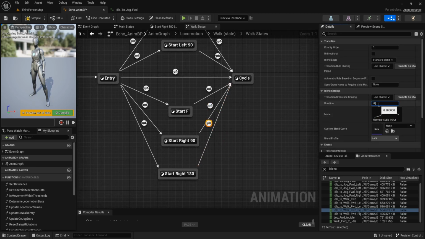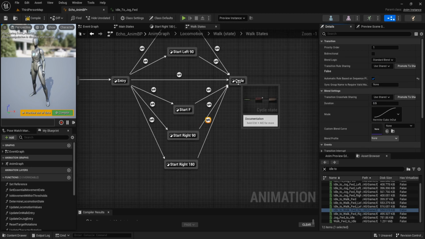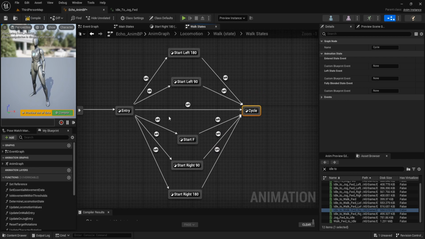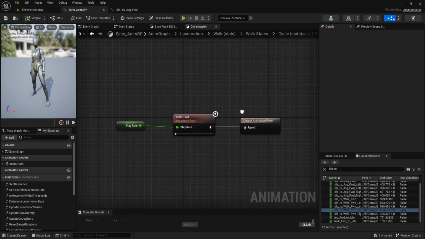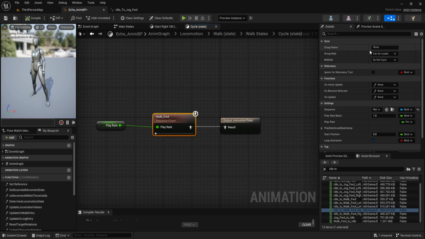This one 0.5 and automatic. For this cycle walk forward, group name is locomotion, and set it to always follower and sync group.